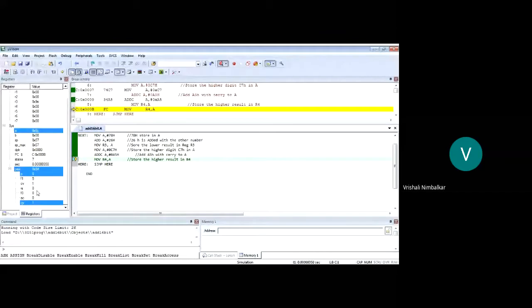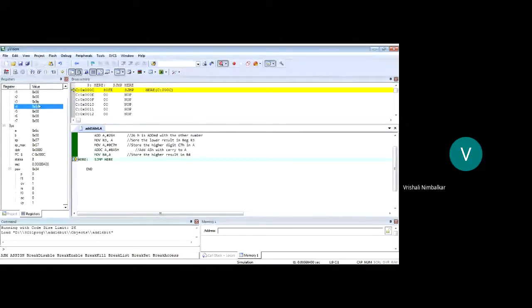And see, two flags affected. Which ones? It's telling the parity and it's saying there is a carry. Correct. And hope you remember the slide. In red color, I had shown the carry. On adding these two numbers, there was a carry in my answer. Okay. And now I'm going to save the result in R4. So 6C is saved in R4. So where is my answer? My answer is in R3, lower result, R4, higher result, and the carry flag.